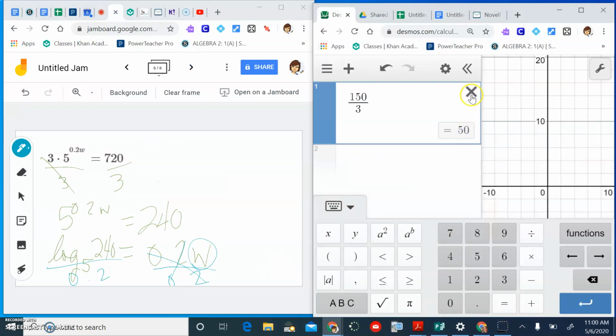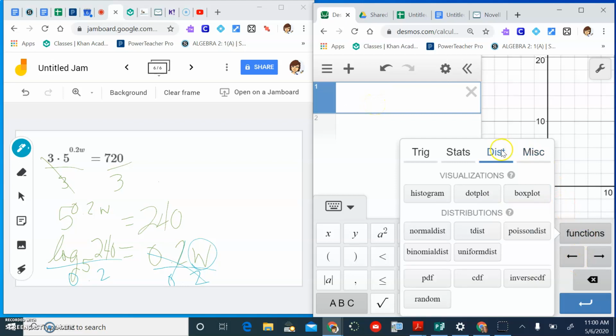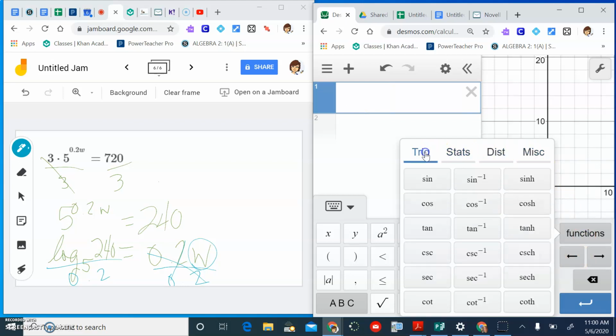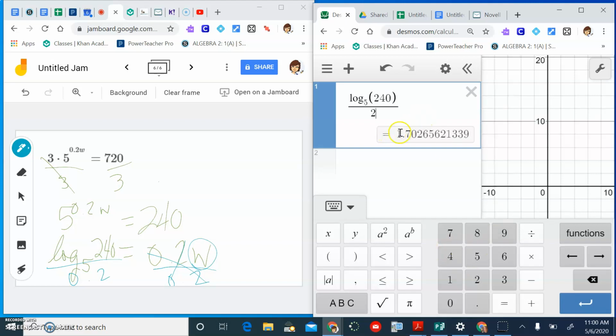And Desmos does have that. You just have to find it. So if we go over into functions and you go into miscellaneous, there's lots of different menus in here. But if you go over to miscellaneous, you'll find log base E, natural log, log base 10, common log, and log base whatever you need. And then you can type in there log base 5 of 240 divided by 2. And there's my answer,